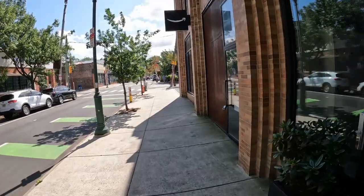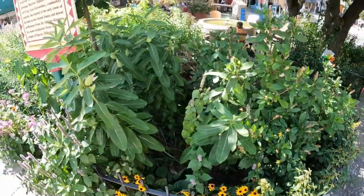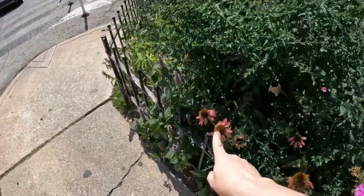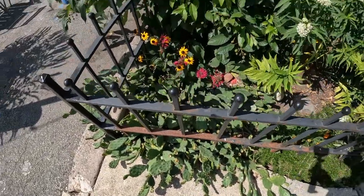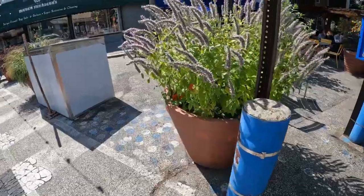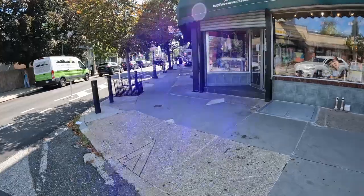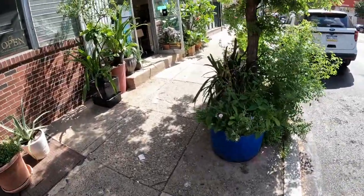And I think there's a few plants up here underneath this tree. Yes, there are a couple. There's like brown-eyed Susans. There's also this nice fountain over here. Not sure what this one is. Got some coneflower down here. And there is a cactus kind of creeping out over into the sidewalk. There's some bee bulb down there, that purpley red one. It is definitely a beautiful day today, but I have to say the sun is a little intense right now for me. There are some portulacas, and a lot of tropical plants right here